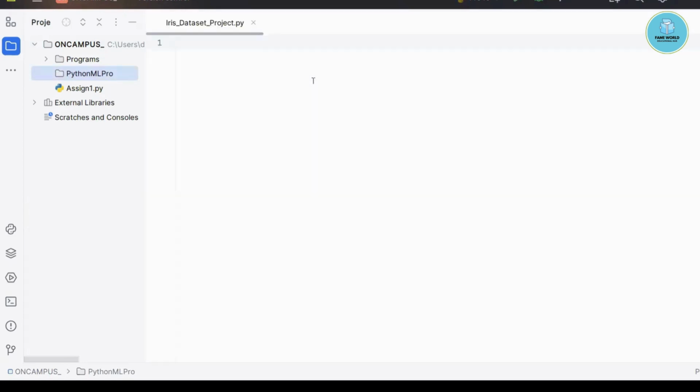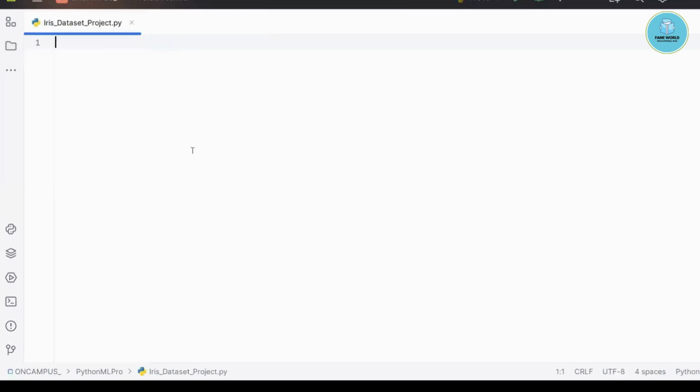project. As you already remember, we have talked about it earlier, and in the UCI machine learning repository, I told you that there is the Iris dataset. I have shown you the dataset also. That is the most popular dataset present in the UCI machine learning repository, and that's why I am going to tell the project related to that.